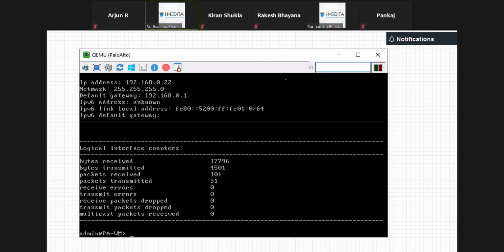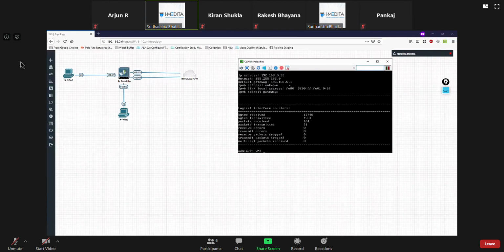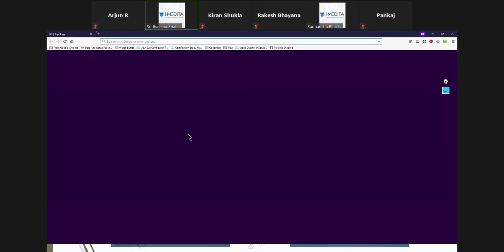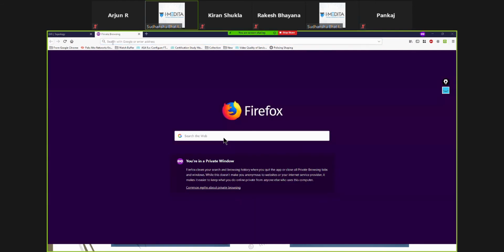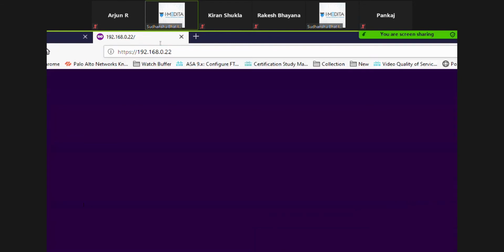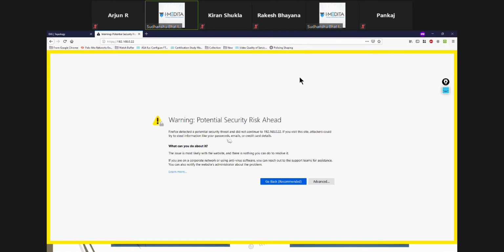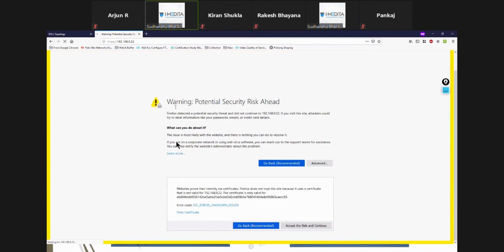This can come in handy if you don't remember the address. Okay. So I'm going into the browser, https://192.168.0.22, and obviously it's going to give you a warning, because most of the devices which give you graphical access have a self-signed certificate which your computer generally doesn't trust. So click advanced or accept risk to continue and open this.